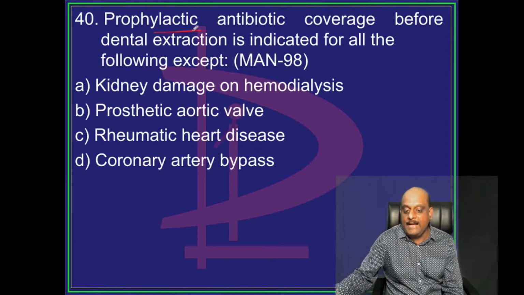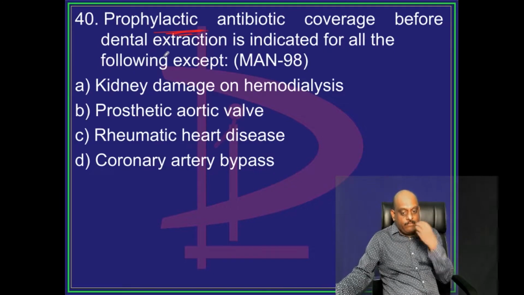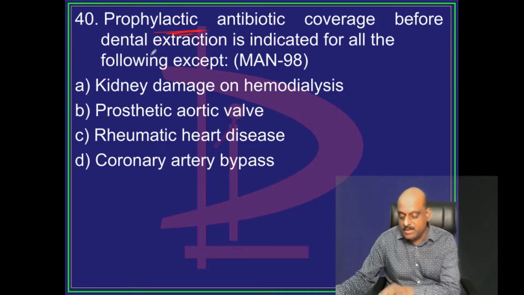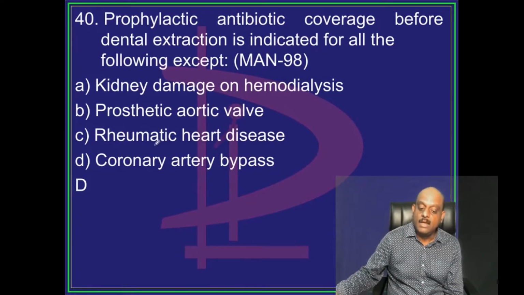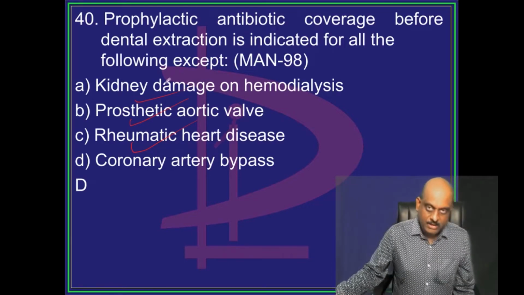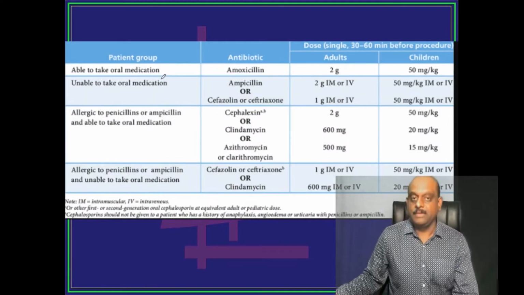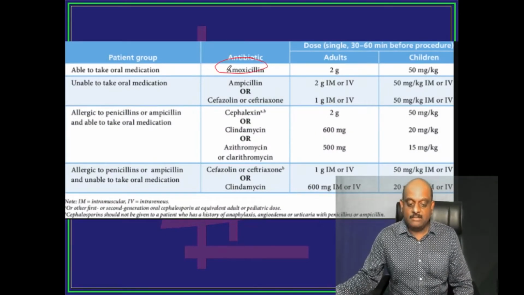Now, prophylactic antibiotic coverage before dental extraction, what are the situations where you want to do it? We want to do it in rheumatic heart disease, prosthetic aortic valve, kidney damage on hemodialysis. Patient on hemodialysis, you need to do. So typically, doctor, we have amoxicillin